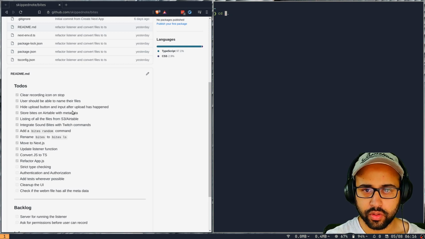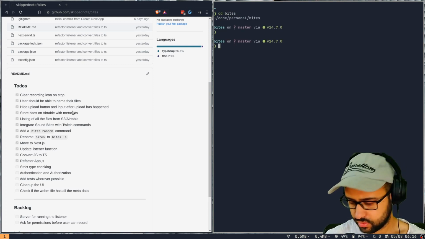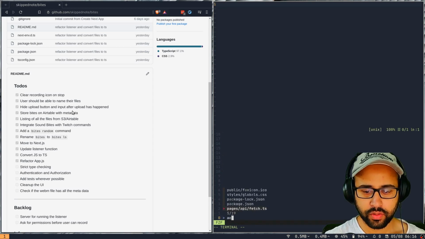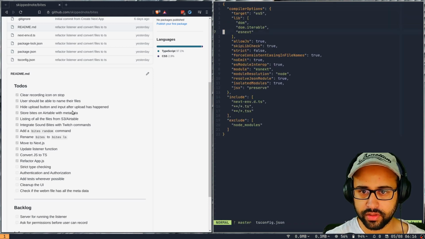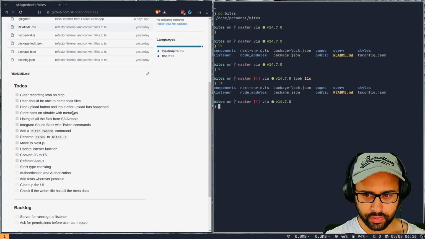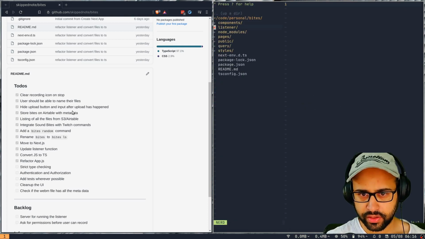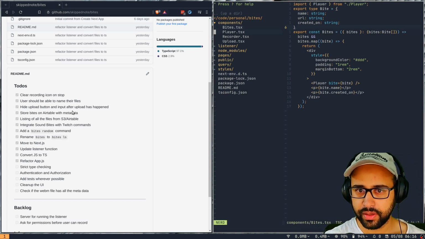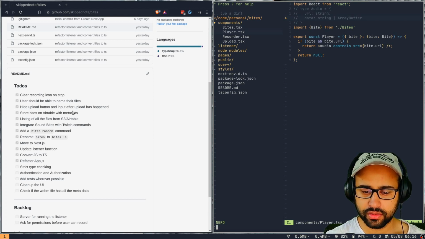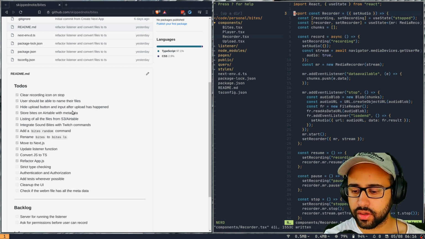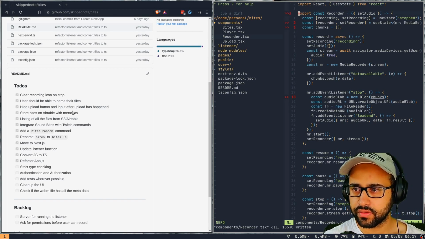So I want to go to the bytes directory, and here the first thing we want to do is, in our ts config, enable strict type checking. So let me do that. With that, let's open one of the files. This apparently is happy, no issues here either. How about here? I'm not sure if the compiler has. Okay, we have started seeing some issues here, right?